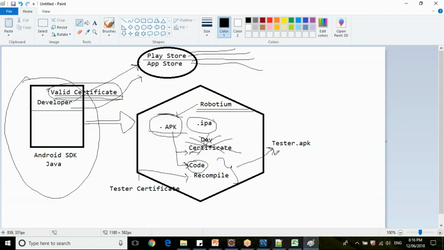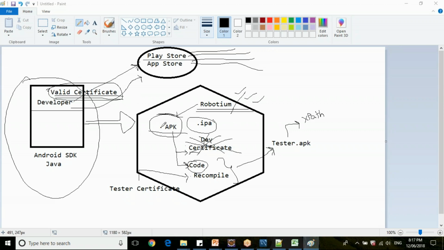Then he will have the capabilities to identify XPath, IDs, names and all. So this was the earlier automation we were doing in tools like Robotium, Calabash and similar solutions.